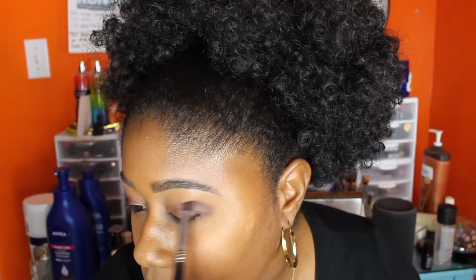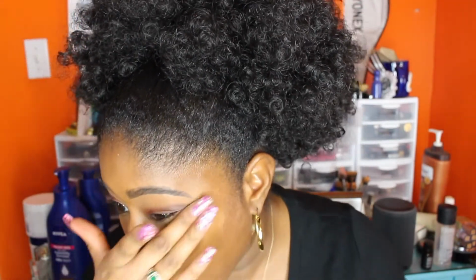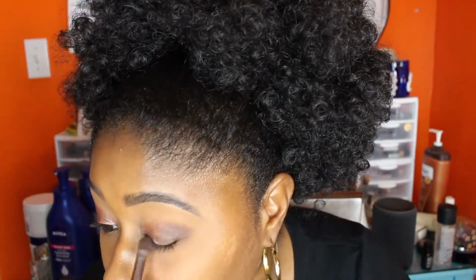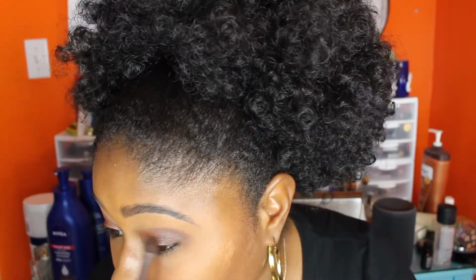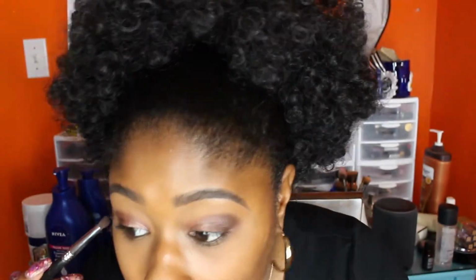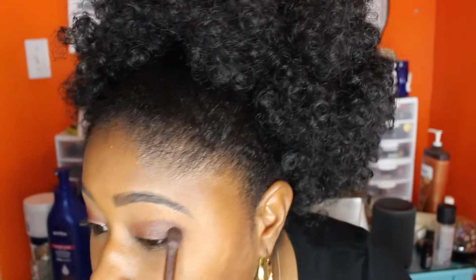Now the reason why I say you want to use a matte color instead of glitter is I personally feel like glitter shadows are too much. Like, I like to have the one glitter color that's going to stand out and we blend over it, because in theory, in real life, this is just making it a darker brown glitter. It's still a glitter underneath that matte, but if you take another glitter and stick it on top of the matte, then it's like